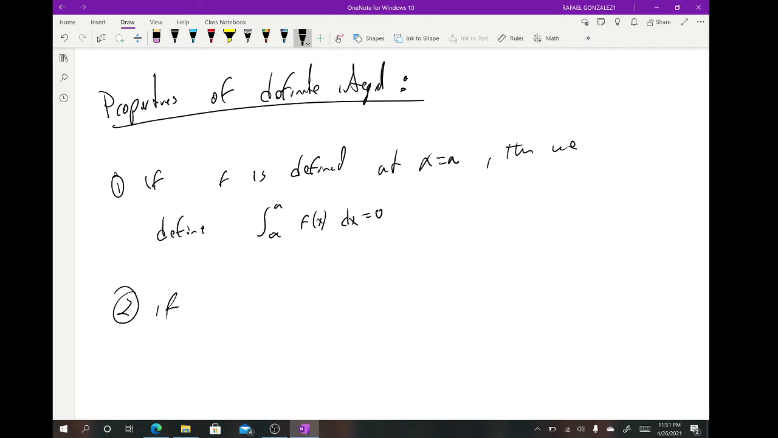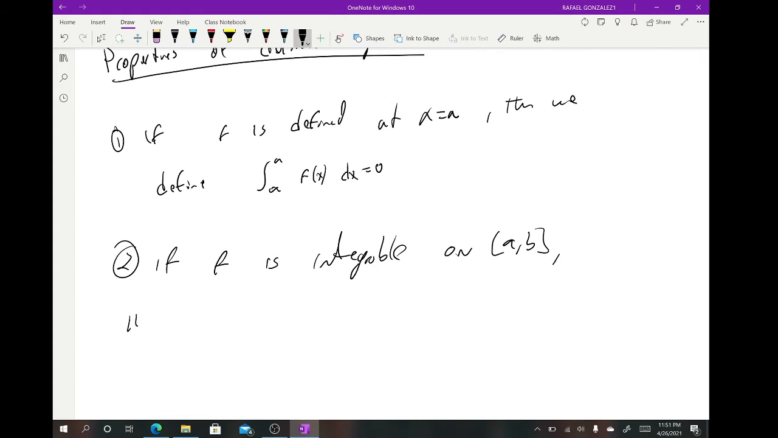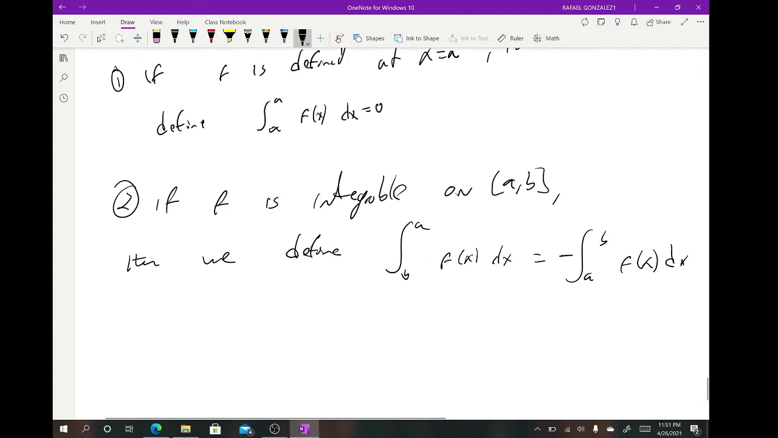For number 2, the second important definition is that if f is integrable on the closed interval a, b, and this is important, this one we use a lot, we define the integral from b to a of f of x dx to equal negative the integral from a to b of f of x dx. Basically, what number 2 means